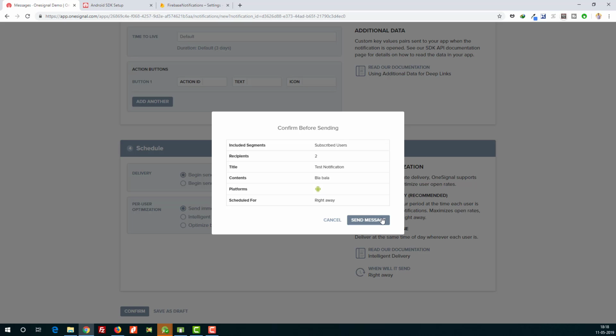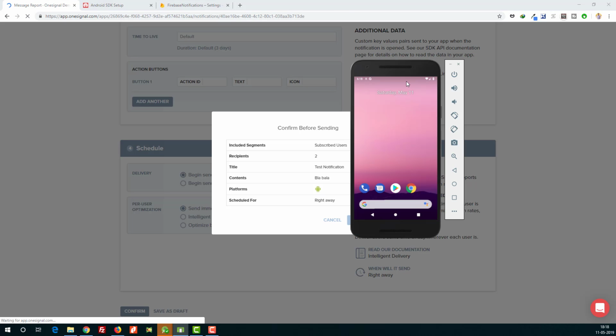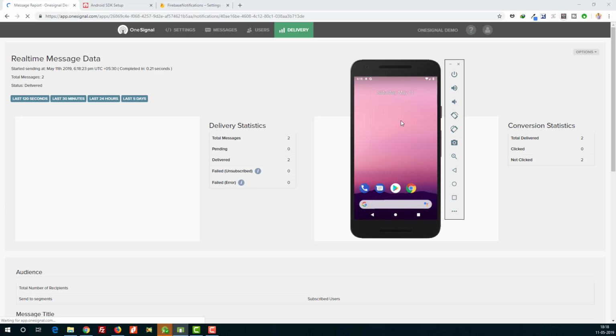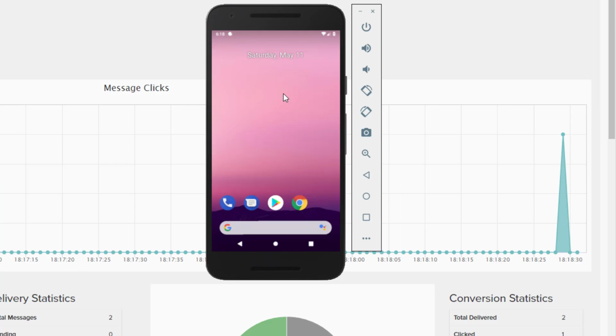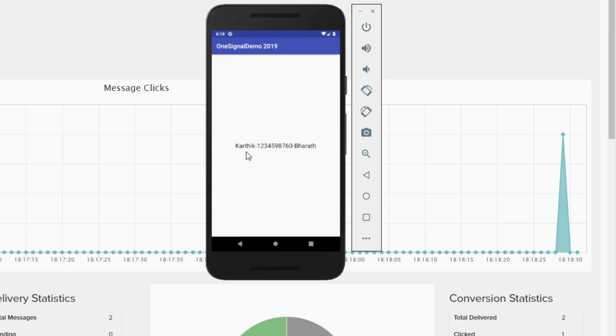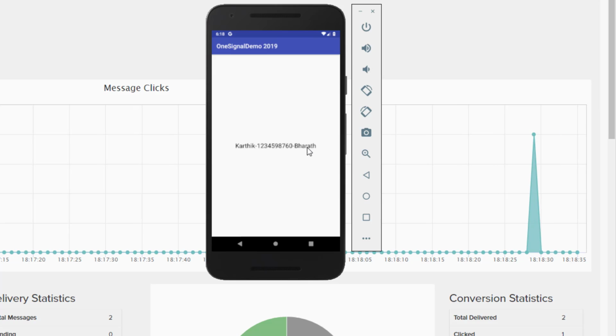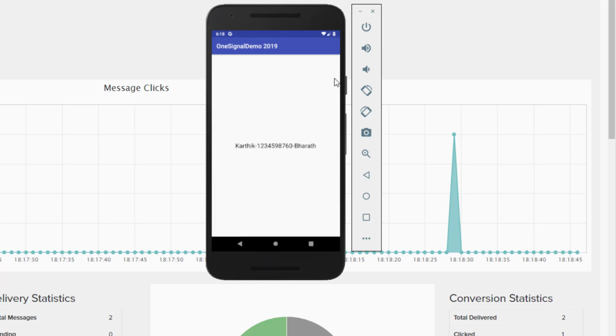Confirm, send message. We got the notification here. Click on it. See, Karthik and phone number has changed and country also changed. So this is how we can send data in different ways. Sending the data is the same, but accessing the data in different ways is what I have shown.